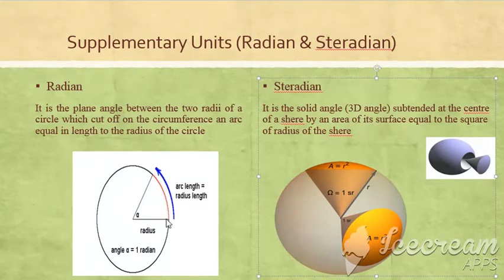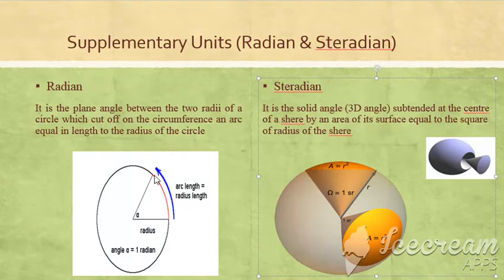These are the two radii of the circle. This is the first radius, look at the position of my cursor, and this one is the second radius. So these are the two radii, and in between the two radii you can see angle alpha. This angle alpha is equal to the radian. So by constructing two radii of the circle, it cuts off an arc on the circumference of the circle. This red line is the arc of the circle.